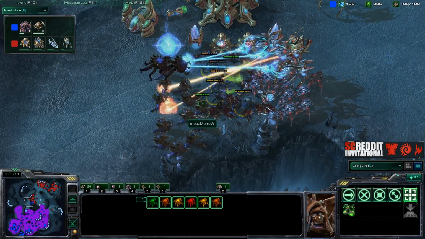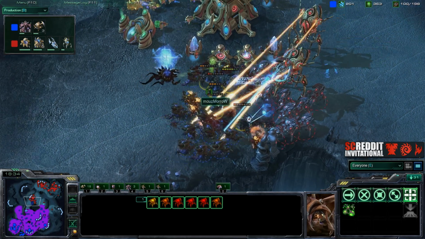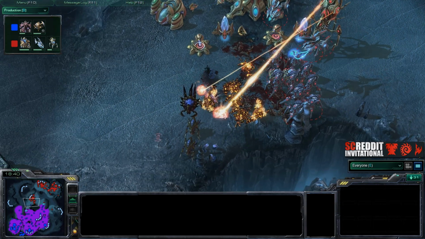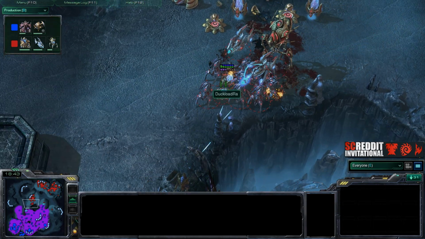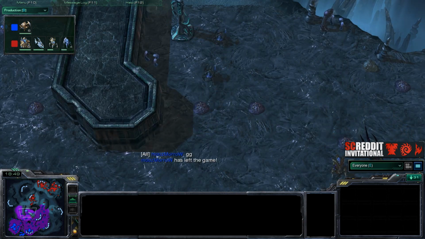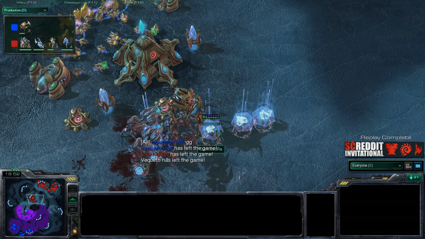And here we go. They're going to go in again. And it looks like the Hydras are doing some massive damage, but they are still getting cut down because there's just a seemingly infinite amount of Duckload units. And that might be the last stand for Morrow. There's the good game. Morrow leaves after some great defense by